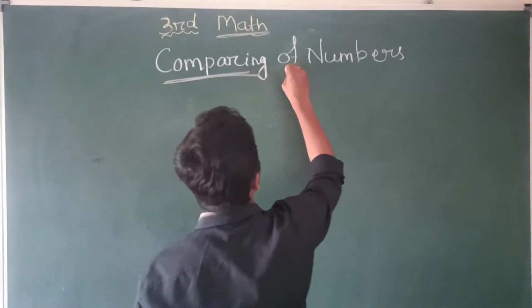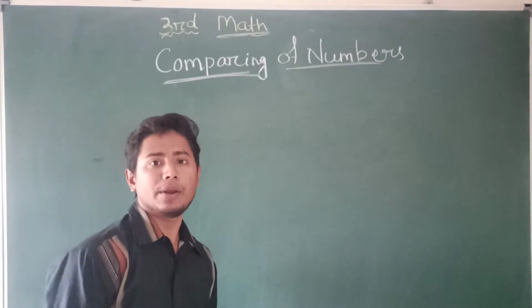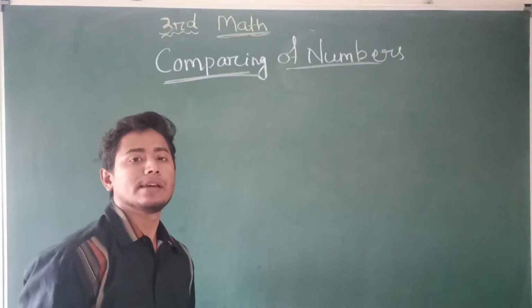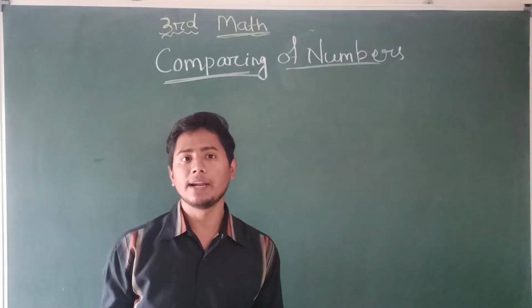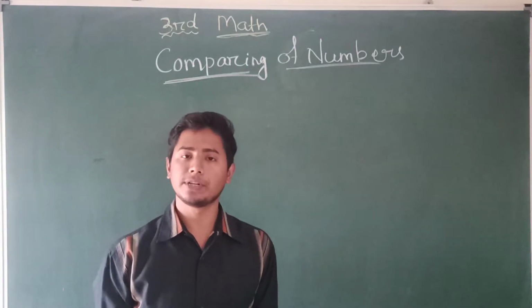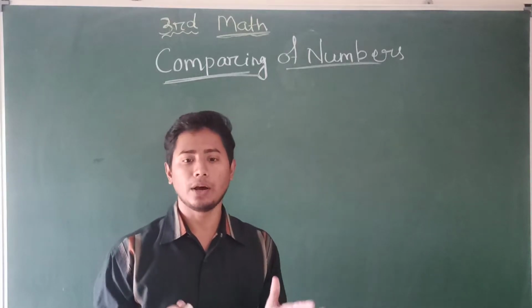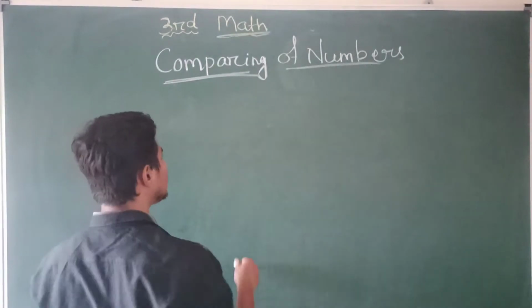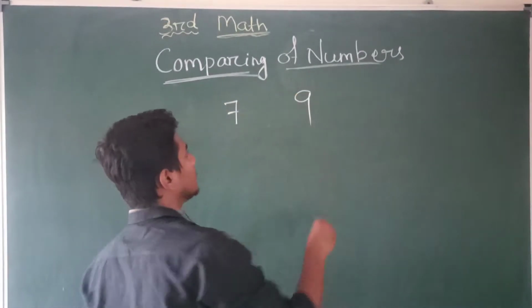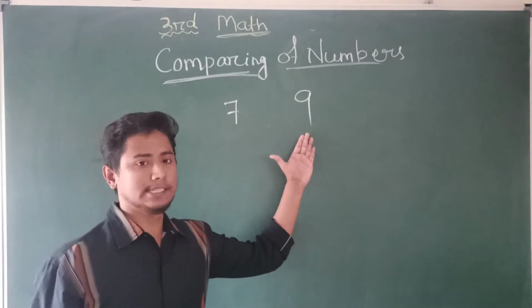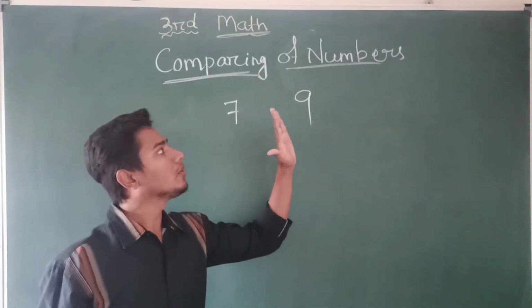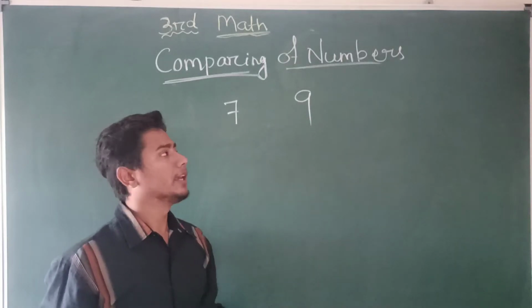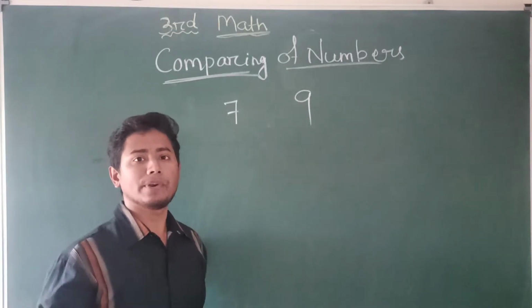So comparing of numbers. How can you compare between two numbers? And if we compare, then what can we find? We can find out which number is greater and which number is smaller. Let's take one example, starting from one-digit numbers, that is 7 and 9. So 7 is a number and 9 is another number. When you compare between 7 and 9, you can easily know 9 is greater. Why? If you have 9 chocolates and your friend has 7 chocolates,